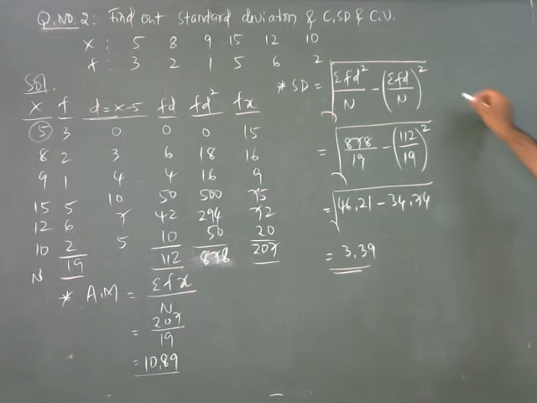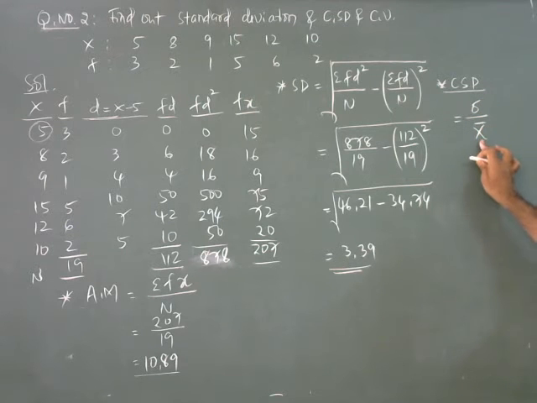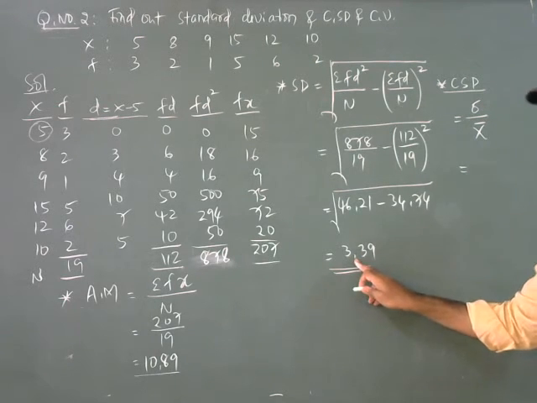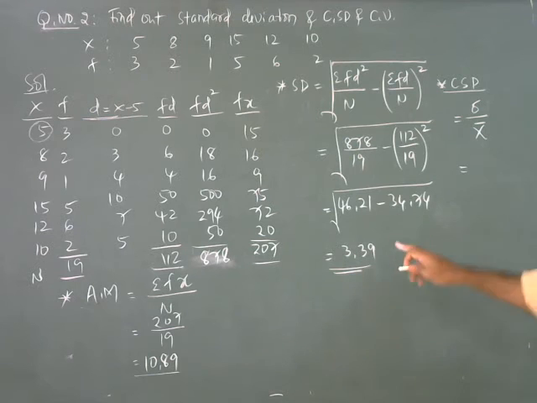You need to find, next one is coefficient of standard deviation. What is coefficient of standard deviation formula? The formula like this: standard deviation divided by mean. Mean means x bar. Otherwise, ST divided by AM. ST means standard deviation. AM means mean. Any symbol that you have to use. Standard deviation is how much here? Standard deviation is 3.39. That is the value that you have to find in the variable, right?